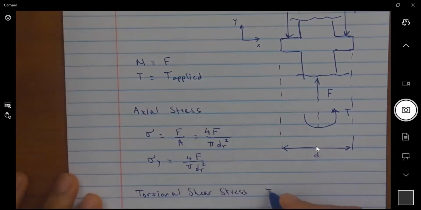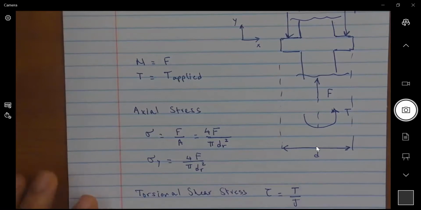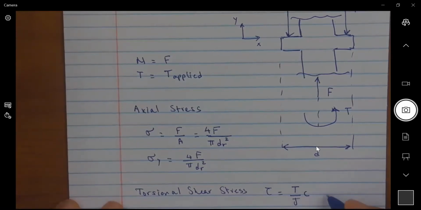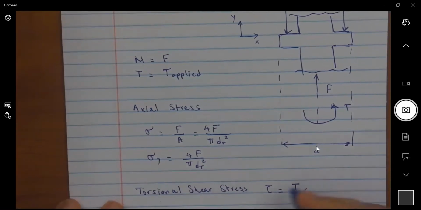This torsional shear stress, tau, is equal to T divided by J multiplied by, if I want to find the maximum torque, I will multiply it by C, where C is equal to dr over 2,